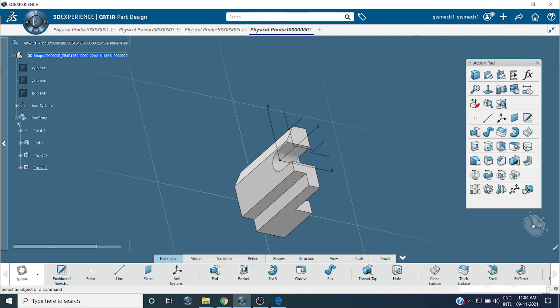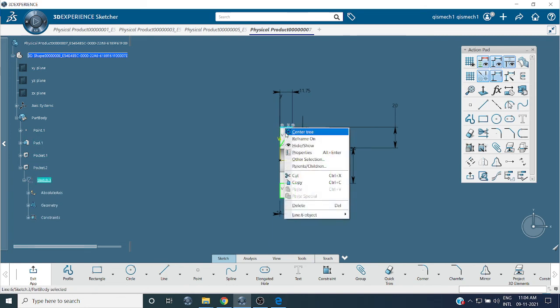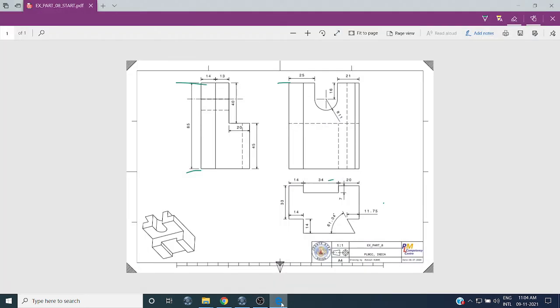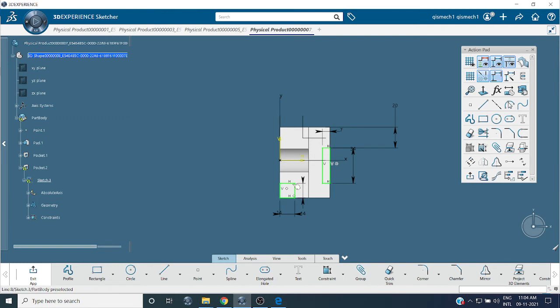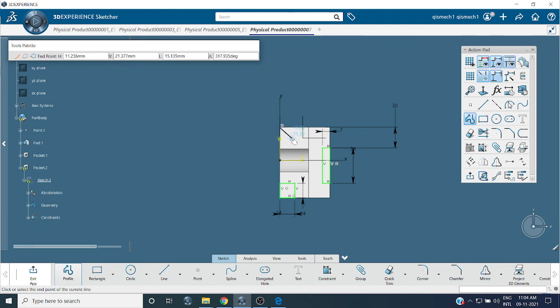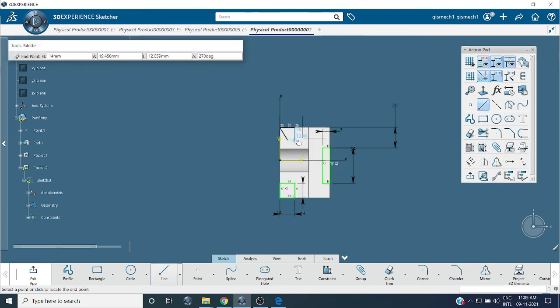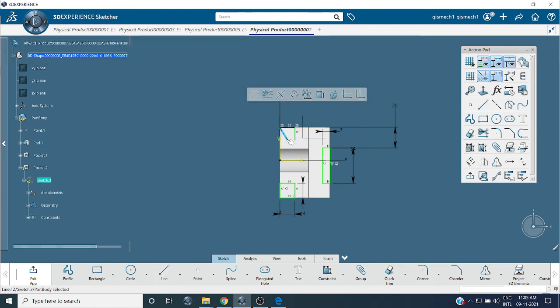Okay, I think it is wrong. Redo from the top, inside that. Single line, right click, coincidence.